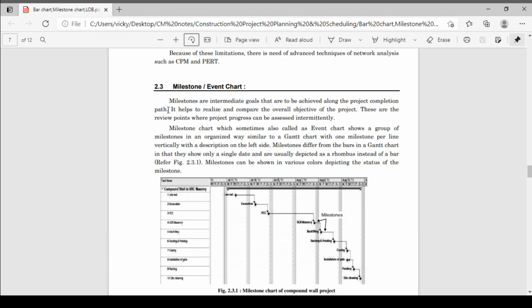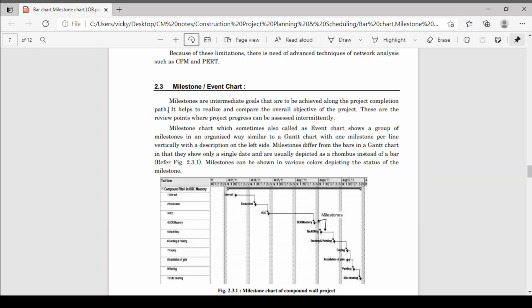Suppose you are traveling on the Bombay Goa highway, from Goa to Mumbai. You will see milestones at every kilometer or every 5 kilometers. Now Mumbai is 450 kilometers away. After moving towards Mumbai, after 1 kilometer you will see the milestone at 449 kilometers, then 440 kilometers, 300 kilometers. You will see that stone.